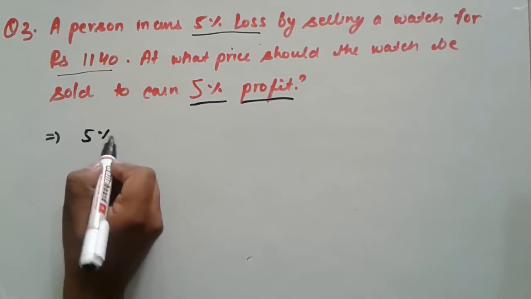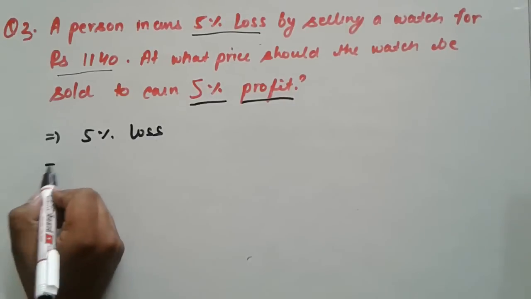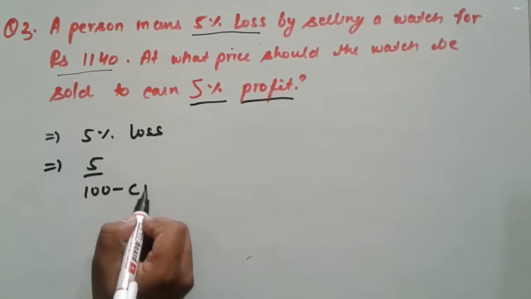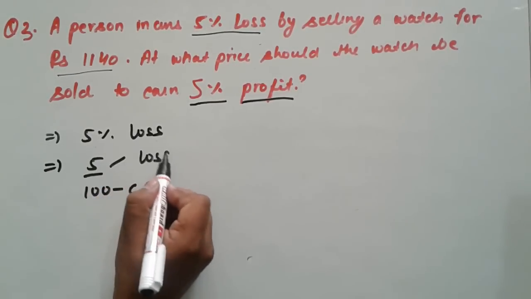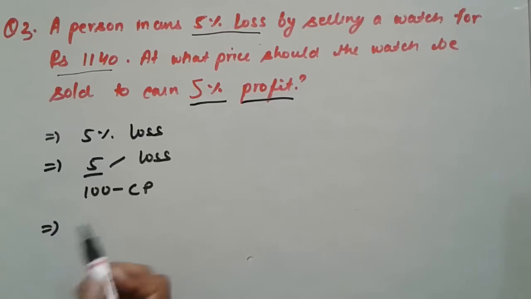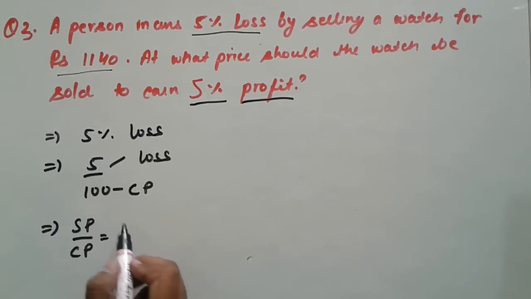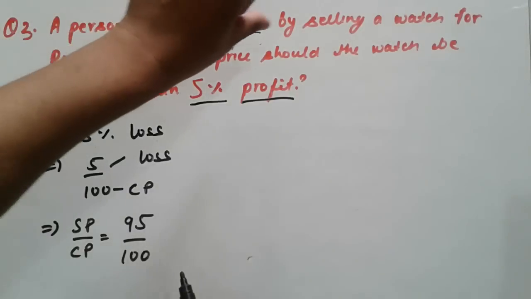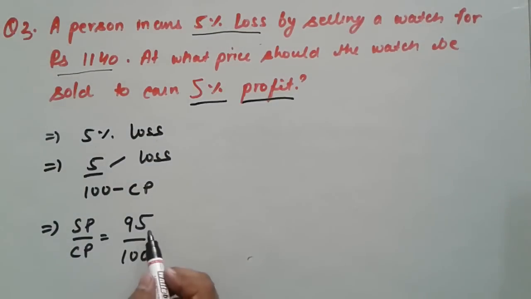So 5% loss, in ratio it's 5 by 100. So for every 100 CP there is a loss of 5. Then we can find the ratio of selling price by cost price. It will be 100 minus 5, 95 by 100. But it is given when there is a loss of 5%, our selling price is 1140, but here the